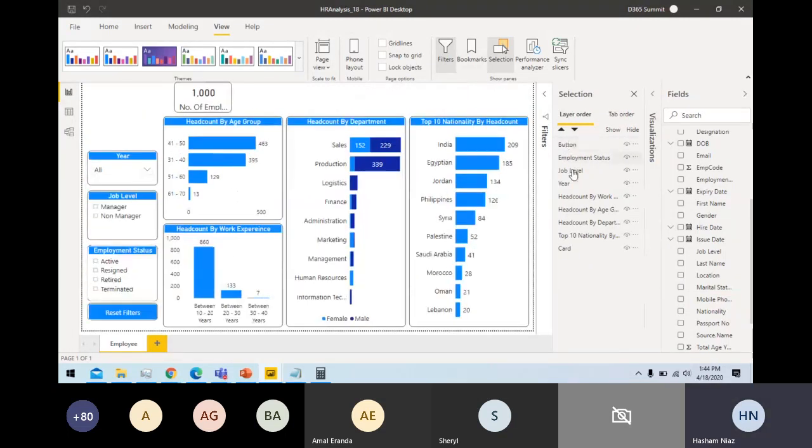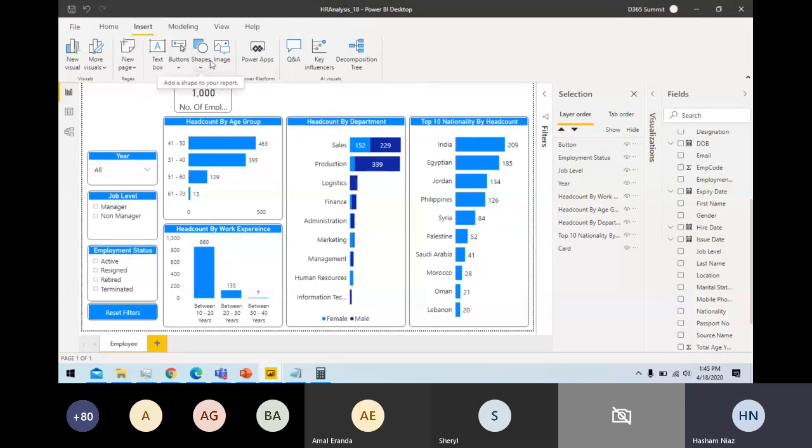So you can define the Z order of your visuals, like which visual will render before each other. So this is how the Z order comes into place. So let's try to group. You can group different visuals together as well. So I have these 4 visuals.